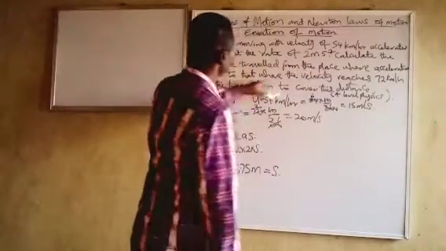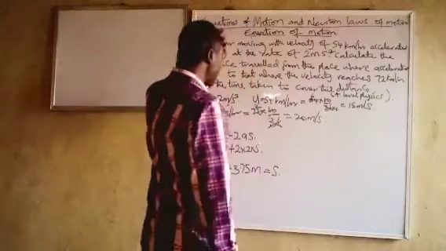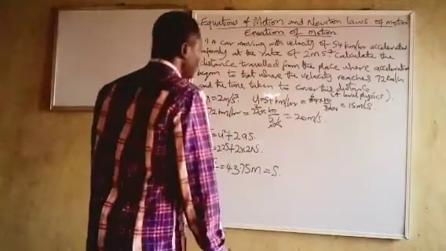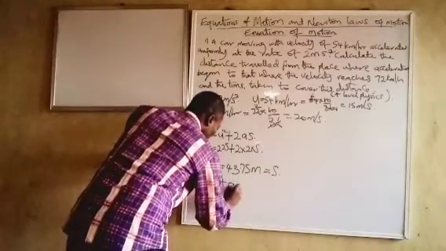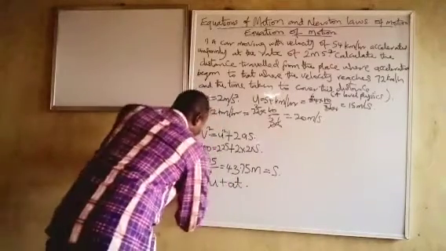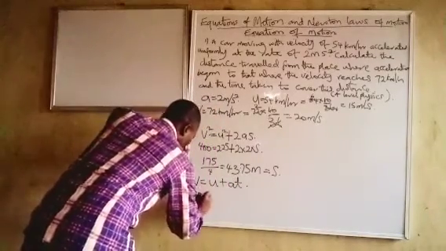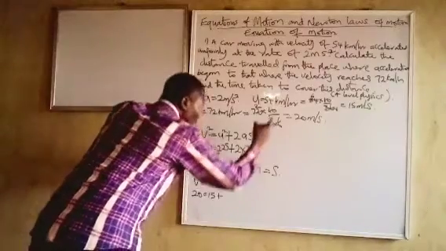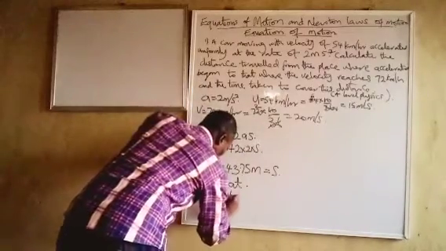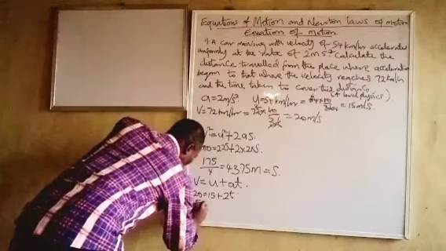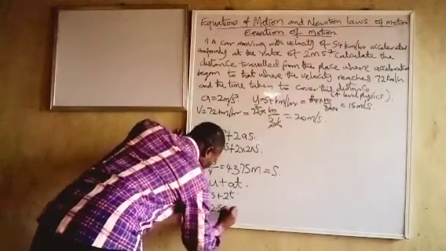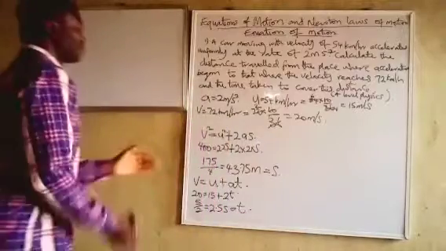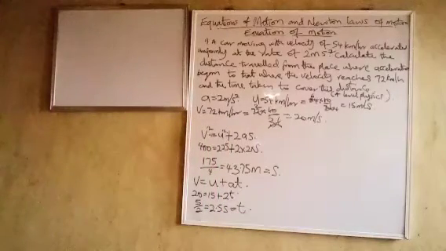We are now asked another question: the time taken to cover this distance, from where acceleration began to where the velocity reaches 20. For the time taken, you can say v equals u plus at. And what do we have now? We have 20 equals 15 plus 2t. So we have t equals 5 over 2, 2.5 seconds. So you can see, once you know the equation, just know which one to pick, and then you solve the problems.